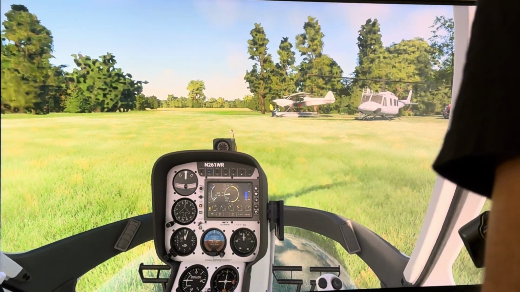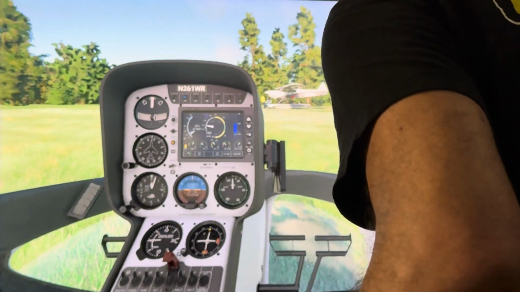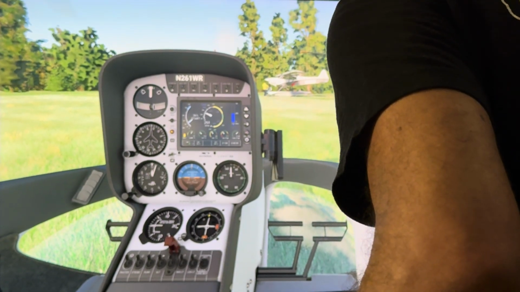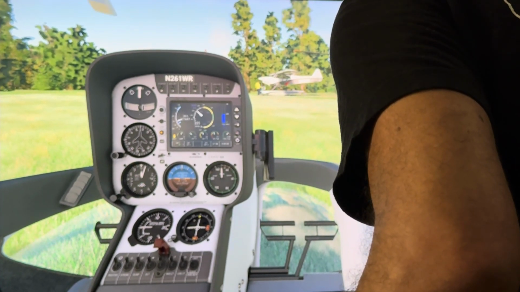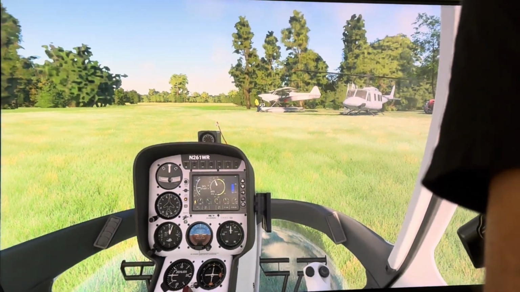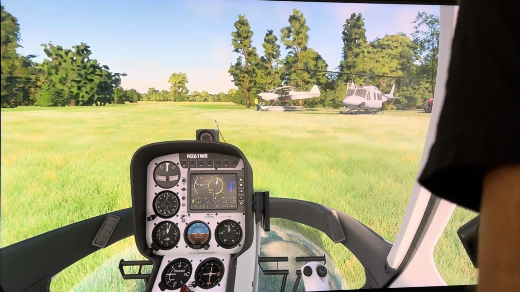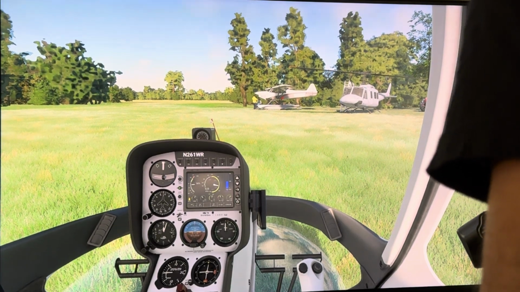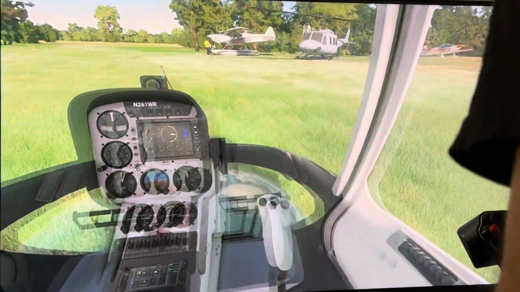All right. Main rotor's coming up. Some RPM going. And the governor on. And we're going to wait for the RPM to get to in the green. The main rotor RPM in the 500s. There we go. Just like that, we're up and running. Time to hover taxi out to